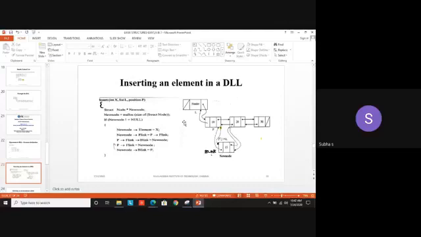New node arrow element equal to x, that is the usual way of reading. So new node arrow element should be placed in the middle position. Yes, so 15 is placed there. X means what? 15. I am going to insert the node 15. Look at the diagram and the coding parallelly. That is why I put it on the same slide purposely.